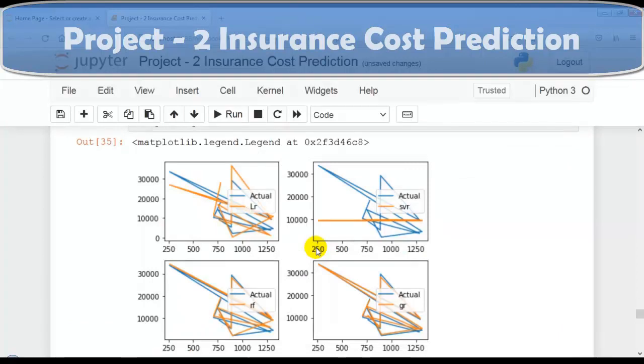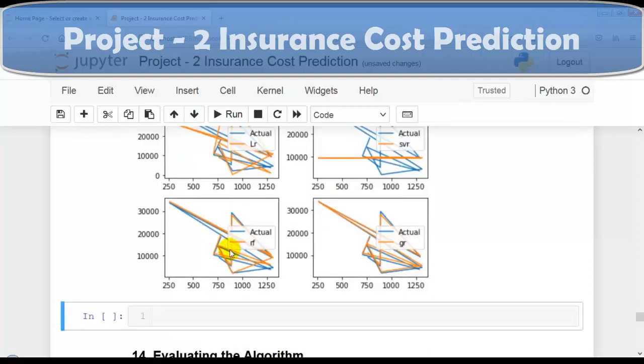So from the plots, we can observe that model 3 and model 4 appear to be pretty close to the actual values that you can see over here, model 3 and model 4. Model 1 plot is not matching with actual values that you can see over here. And model 2 is predicting a constant value that you can see over here. But if you are comparing model 3 and model 4, model 4 is better than model 3 that you can see over here.